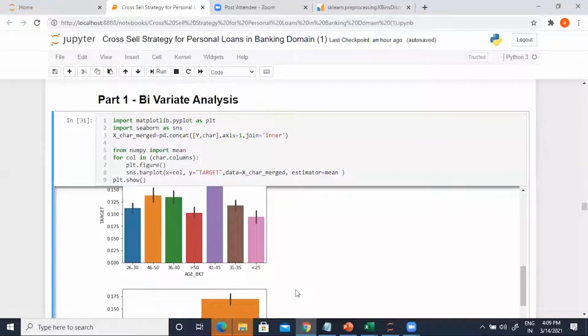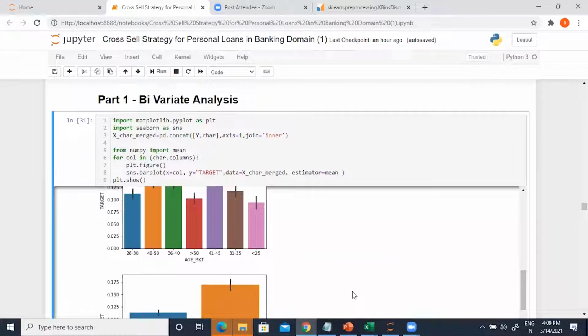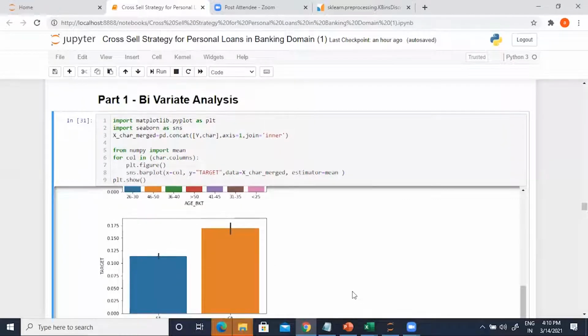Okay, all right. Age bucket. Again, this is following the same pattern. We are not getting to see much discrimination. Between 41 to 45 is the group where you have some responses coming from this group more than 12.5%, but largely across different age groups, you will have a response rate in the neighborhood of 12.5%, which doesn't give me any additional strategic advantage. I would rather build a model without using these features, without using the age group.